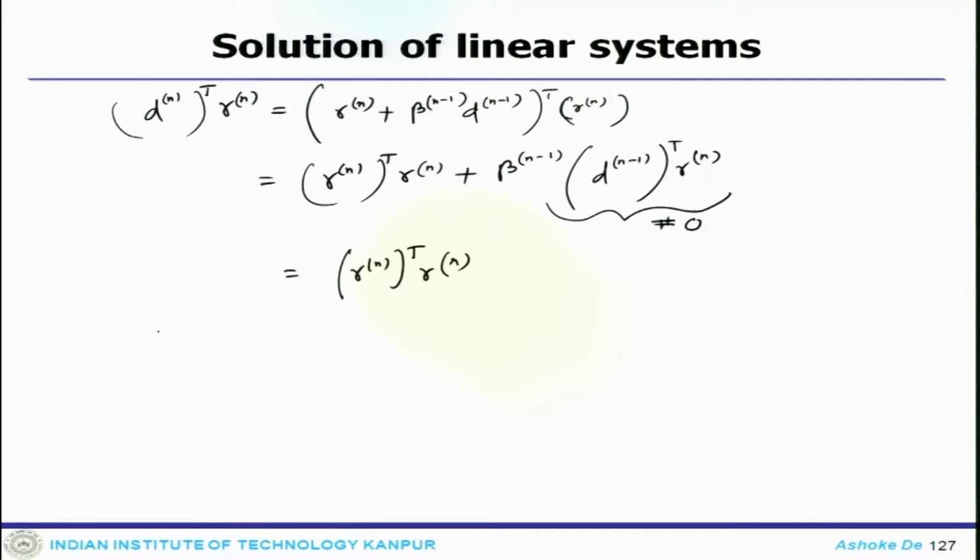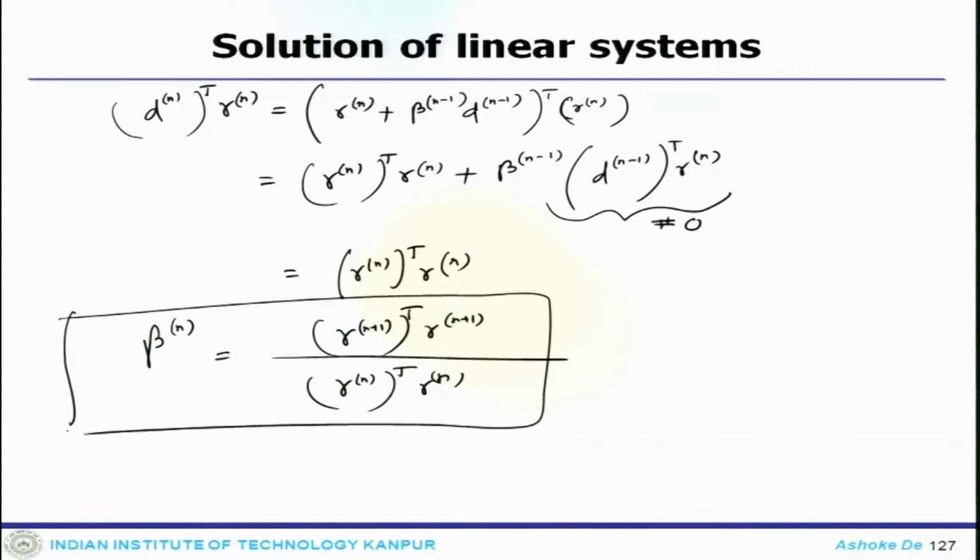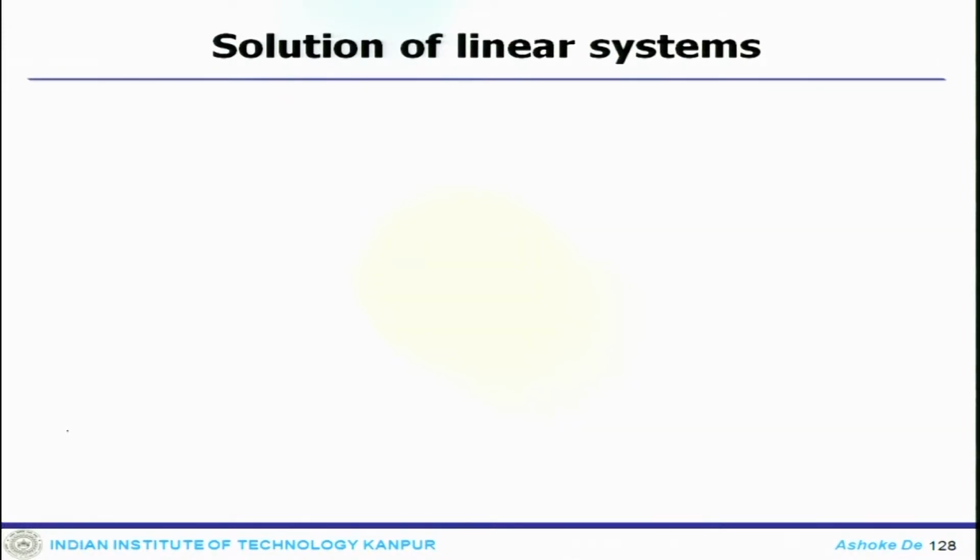So, one can rewrite beta n equals R n plus 1 transpose R n plus 1 divided by R n transpose R n. So, that is a nice expression based on the residual vector, with which one can find the beta. Now, if someone has to look at the algorithm for the CG, conjugate gradient algorithm,